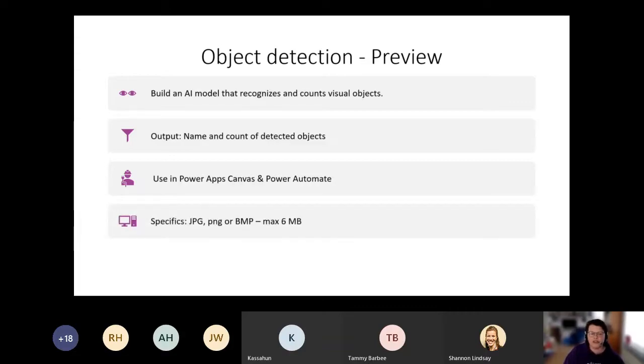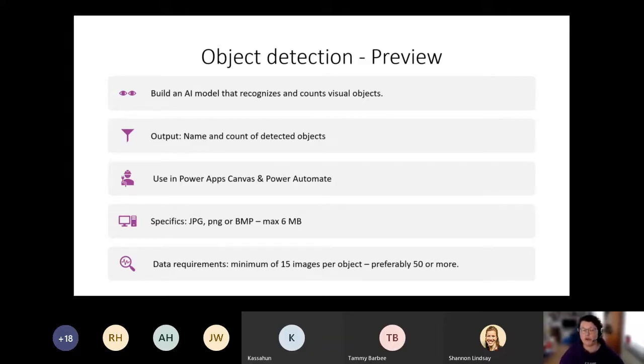There are some specifications about the type of images that you add, but what is very good to have in mind is that you need a minimum of 15 images per object that you want to detect, preferably 50 or more. So for example, if I am a brewer and I have 50 types of different beers, times 50, you see how many pictures you have to have and actually manually tag before you will be able to use this model for such an amount of different beers.